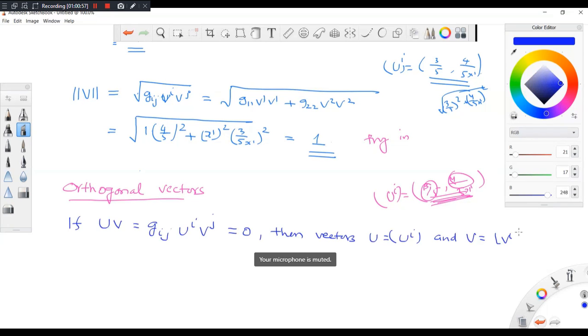I will give an example also by the next class. So here, what you see is that this is nothing but the generalized inner product. If the inner product is equal to 0, then we say that the vectors are perpendicular. In the usual case, A dot B equal to 0, the dot product equal to 0, then we say that the vectors are perpendicular. Here, with the generalized inner product, if that is 0, then the vectors are said to be orthogonal. It is a kind of extension of the same definition.